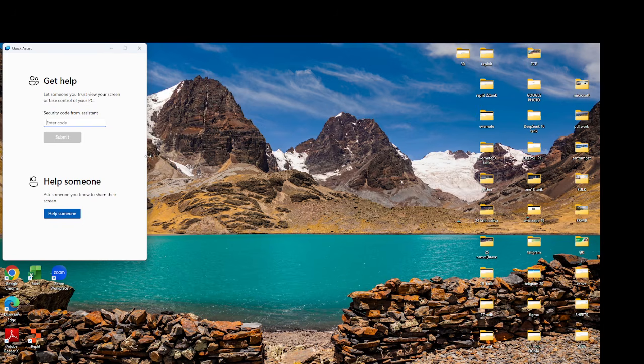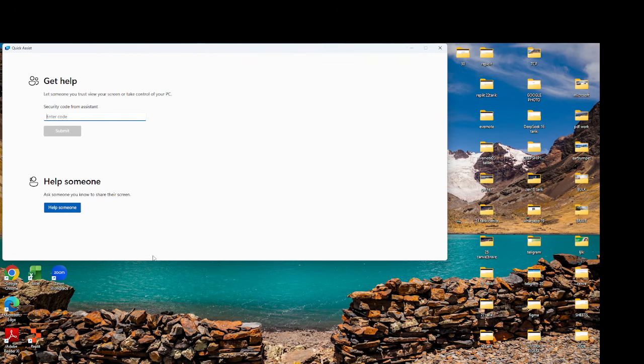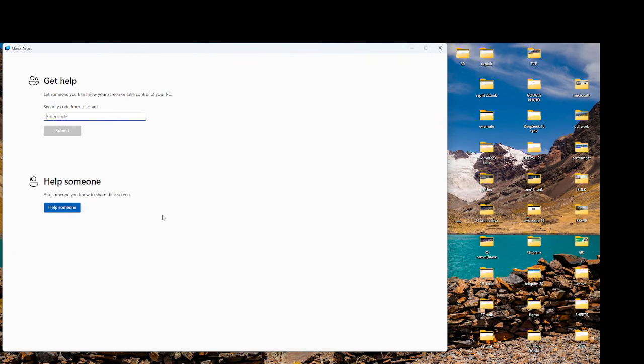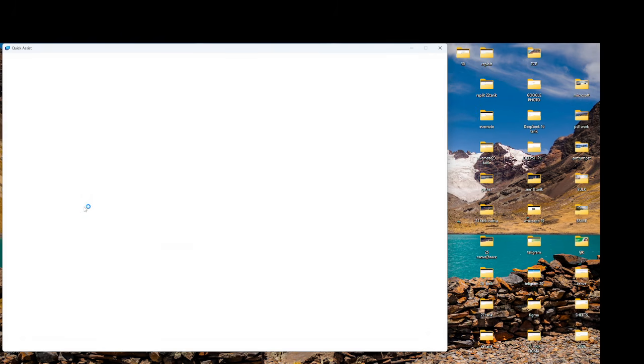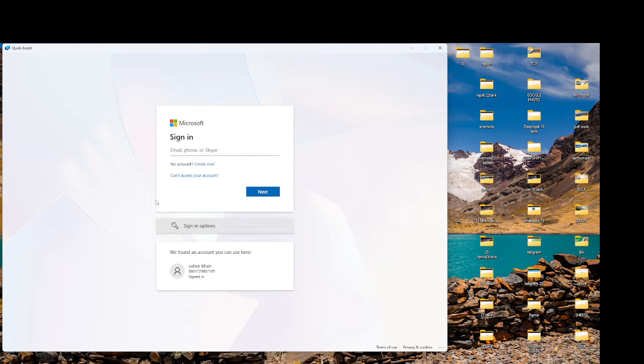When Quick Assist opens, you may see different options depending on your Windows version. To receive remote assistance, you normally need a security code from the trusted person who is providing the assistance. The helper can generate a security code from their Quick Assist session and share that code with you. When Quick Assist provides a place to enter the code, enter the security code carefully and continue with the instructions